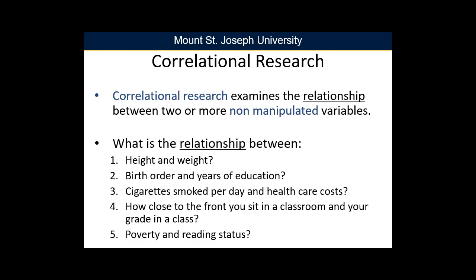The next tier is correlational research. Correlational research examines the relationship between 2 or more non-manipulated variables. So, for example, looking at the relationship between height and weight, birth order and years of education, cigarettes smoked per day and the healthcare costs, how close to the front you sit in a classroom and your grades in the class, poverty and reading status. So you're looking at 2 different variables and measuring them and understanding how they relate to each other in groups